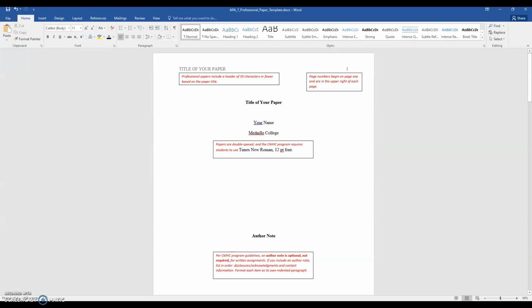So if we go to the template that I created, you'll see in your header, you always want to start with the title of your paper, and it's a shortened version of the title of your paper. It has to be under 50 characters, and it's in all caps. Your page numbers are always in the upper right corner of each page. You put the full title of your paper in boldface, and then you're going to skip 2 lines,